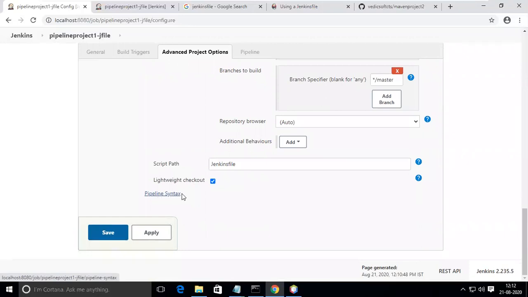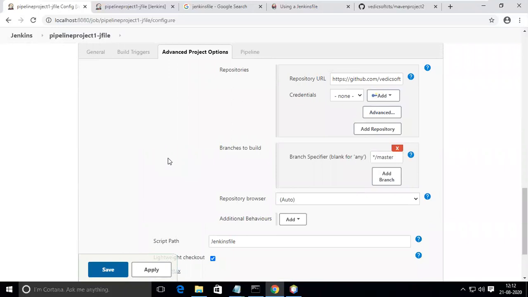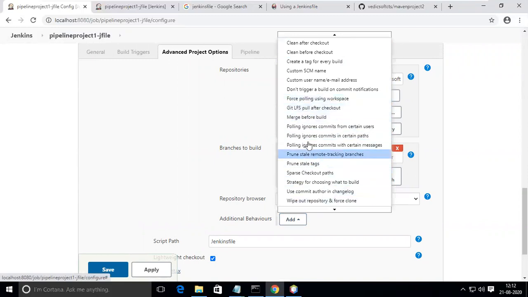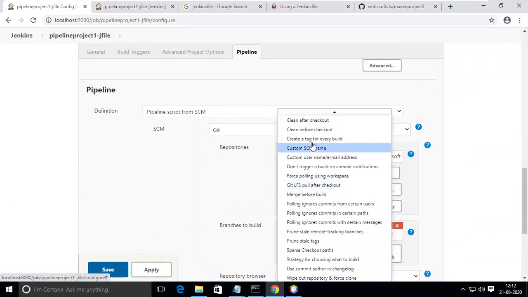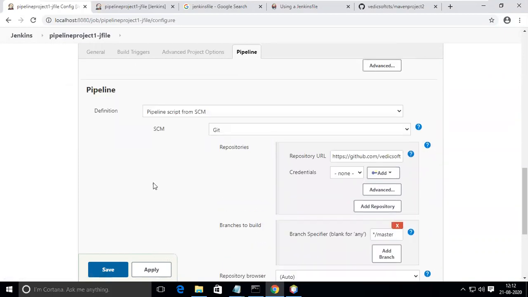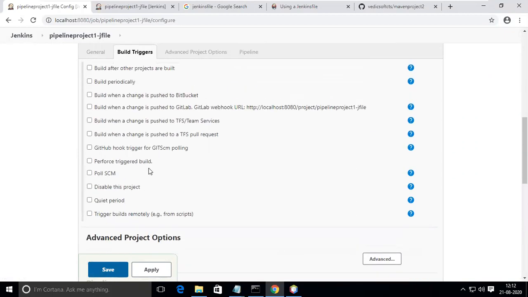If you want to see the syntax, you can see it from here. And if you want to add additional behavior, you can go to additional behaviors. Here you can see custom SCM name, clean after checkout, clean before checkout, publishing like a post-build type.